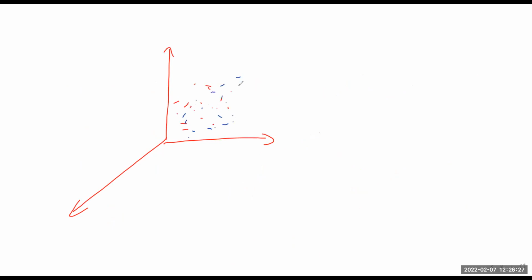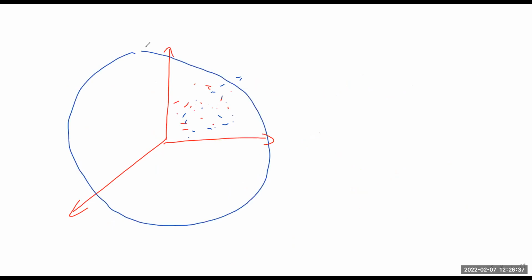But if you notice, it's very difficult to figure out what's going on, right? But what I can do is, if you think this space is kind of a sphere, let's say a perfect sphere, but I apply operations to it.